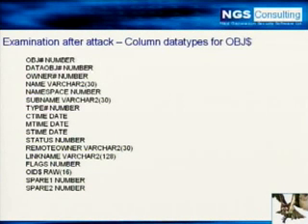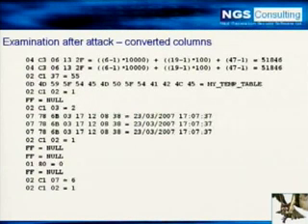Now, knowing the way the obj$ columns are laid out, the first column is obj hash, which is the number, then the data obj number, the owner is next, and then the name of the object, and so on. So, knowing how to dump this data, C1 would indicate a 1-byte number, C2 a 2-byte number, C3 a 3-byte number, and so on. And this is basically the formula for getting it.